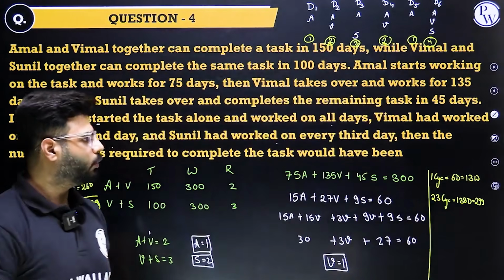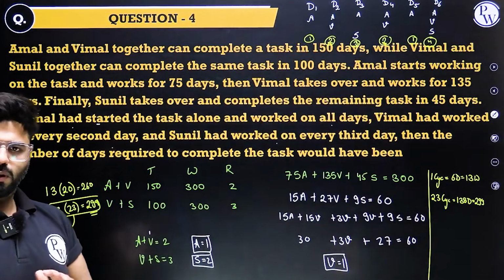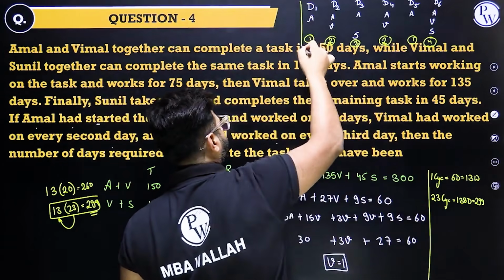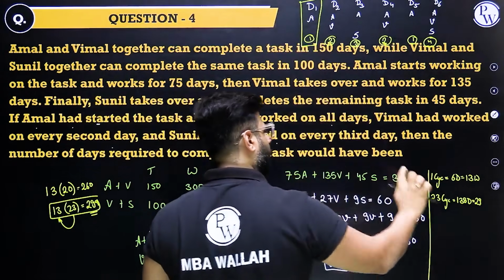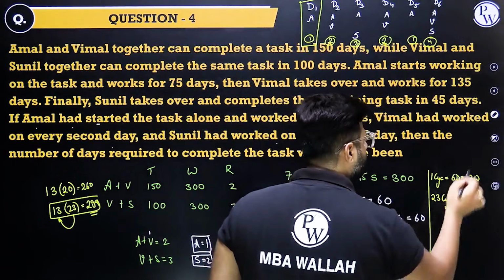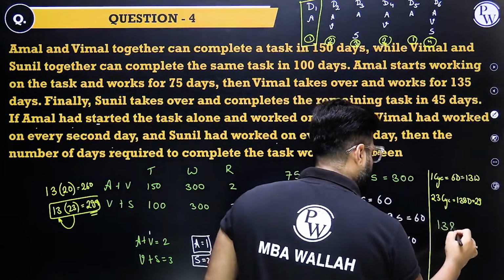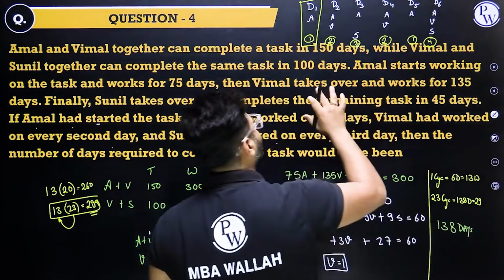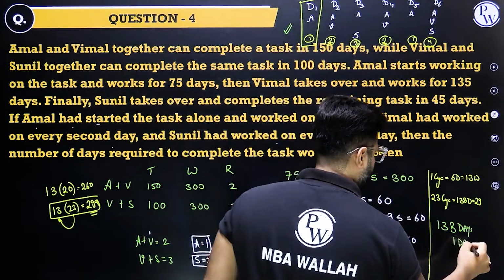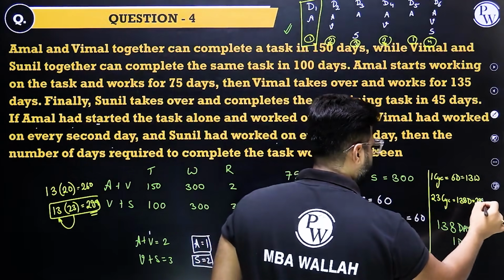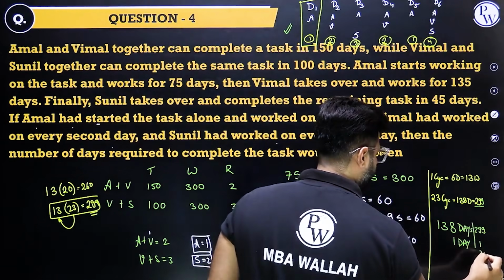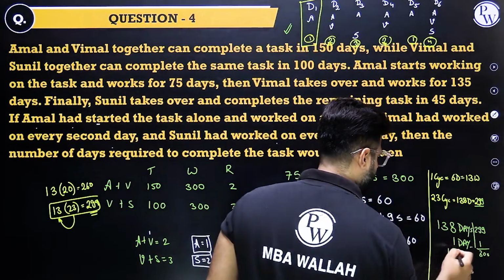Now just one more work to be done. 138 days already gone. Now the cycle will restart and this day 1 will come. So 23 cycles complete, that makes 138 days. And after that, a new fresh cycle will start, and only on day 1, the remaining 1 work will be done, and your 299 and 1, a total of 300 work would be done in 139 days.